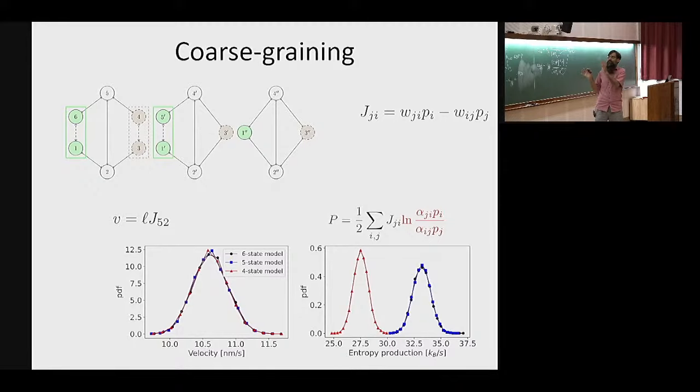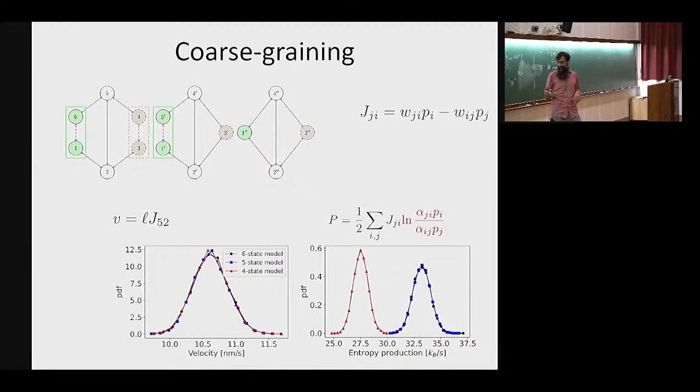Okay, so what you see here is with coarse graining, you do lose something. It's not exact. You make a mistake. Some quantities stay the same, but there are some quantities in which you make a mistake. And one of the ideas we had when we did this is we said, well, in principle, we can do different things. I mean, merging these two, that didn't do much to the system. So merging these two states, that was something that made a very small mistake, but merging these two, that made a bigger mistake here. So what we thought is, well, maybe there is an optimal way how we can simplify